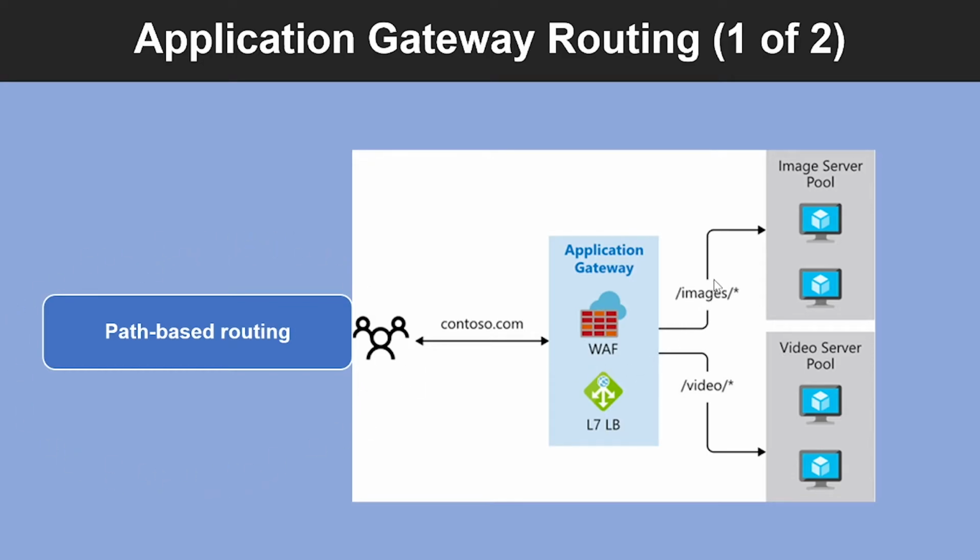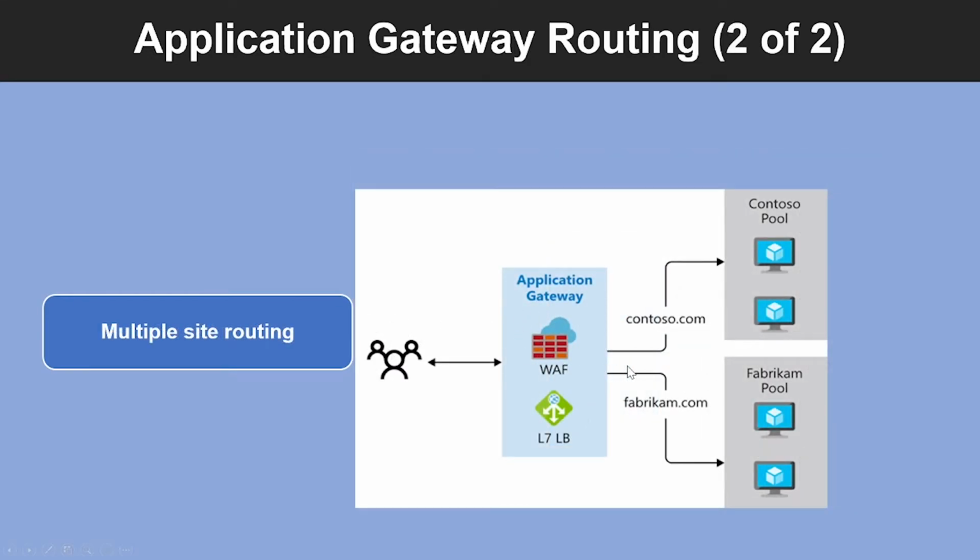A path-based routing enables you to send requests with different paths in the URL to a different pool of backend servers. And multiple site routing enables you to configure more than one web application in the same application gateway instance. And in a multi-site configuration, you register multiple DNS names or IP addresses of the application gateway, specifying the